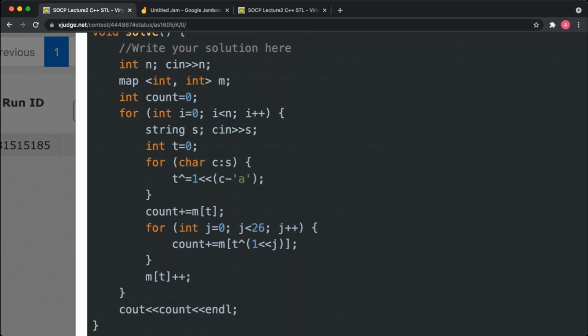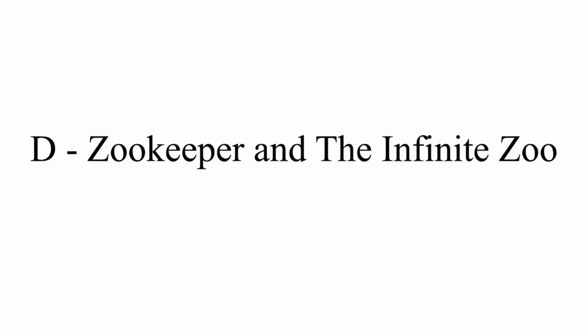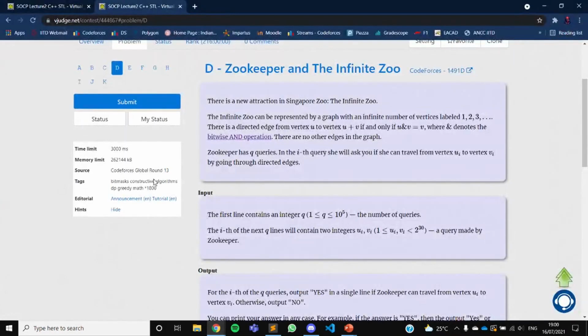And one interesting thing here is that a string is also a vector, so we can also use this for char c loop here. This operator is a very shorthand way of using a character from a string. Basically, in this problem, wait, let me show you the problem statement first.